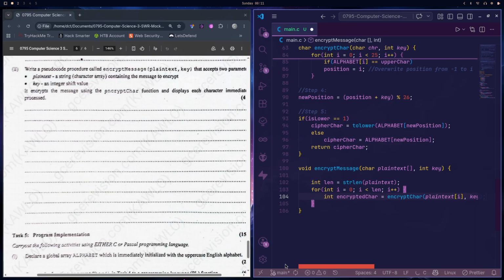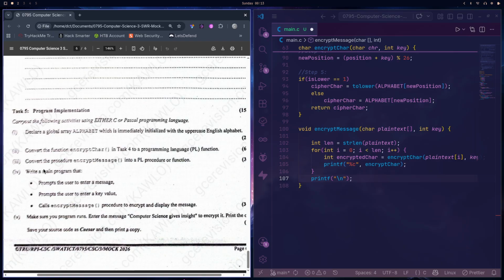Okay, Roman 4 says write a main program that prompts the user to enter a message, prompts the user to enter a key, calculate the encrypted message, procedure to encrypt. Okay, let's just do that right away. So up to that time we were still writing the procedures, we haven't written the main program yet, and this one is a function, right? Why is it a function? Because a function returns values, that's why we have return 0 at the end of main, right? So int main,